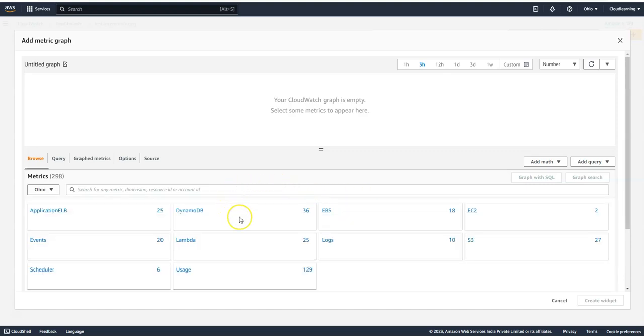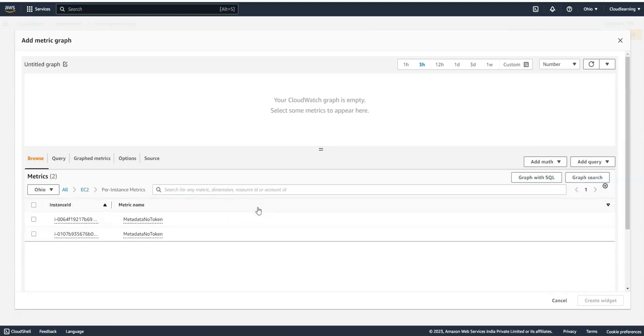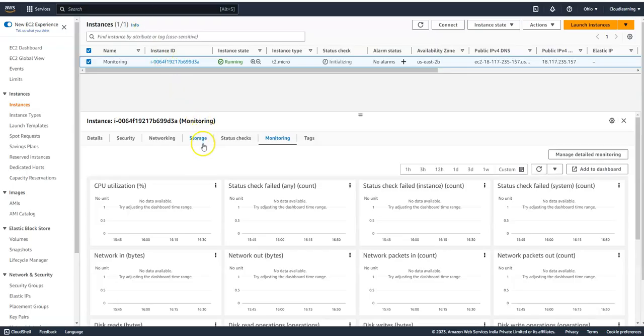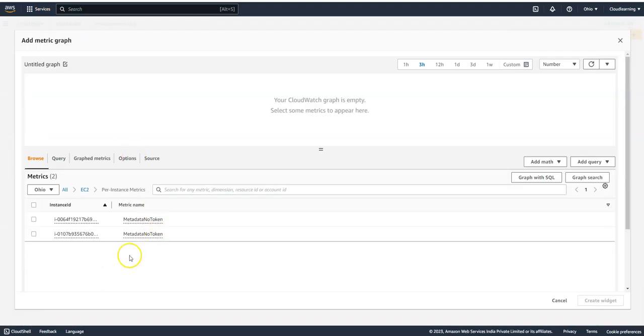Now it asks for which service you want the metrics to be reported. Let's say I want the metrics reported for EC2, so I click on EC2, per-instance metrics. For every instance I require the metrics, and here I'm going to select my instance ID, the one for which the metrics are required. So I move to the EC2 dashboard and look for the instance ID ending with D3A. I search for it, and right now I don't have any metrics for that instance ID